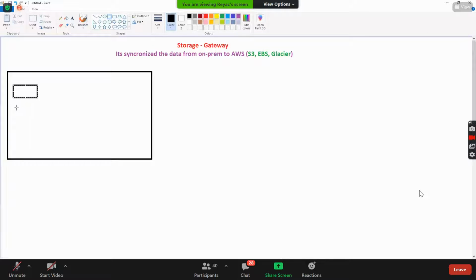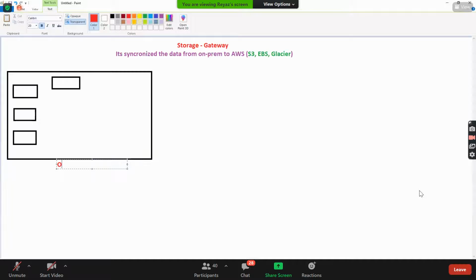Do you agree? We have web servers, app servers, DB servers, and people who will be connecting to it. And then we'll be having a storage. Remember, guys, every kind of service will have it here. So this is on-prem.